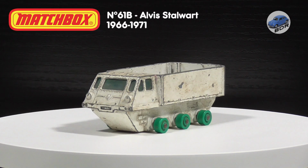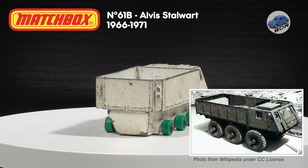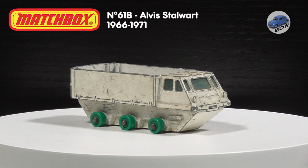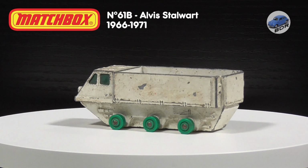I'm Johan and this week I have another Matchbox model on the turntable. The Alvis Stalwart was a British-made amphibious vehicle that was mainly used in the 1960s by the British Army. Lesney introduced this model in 1966 and it remained in production until 1971, the same year that production on the